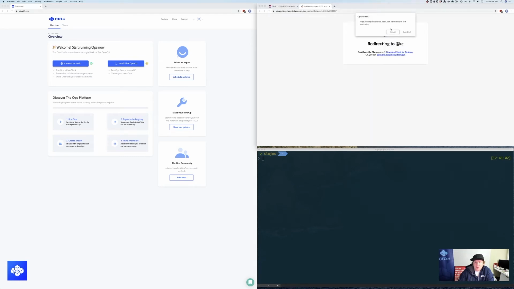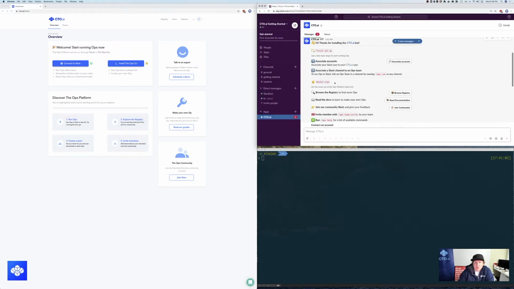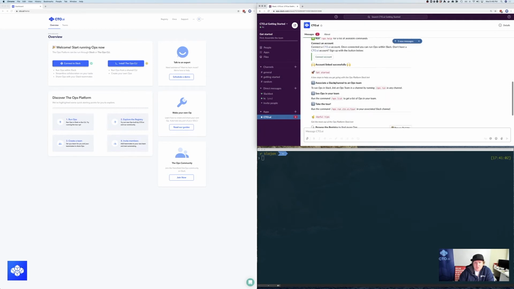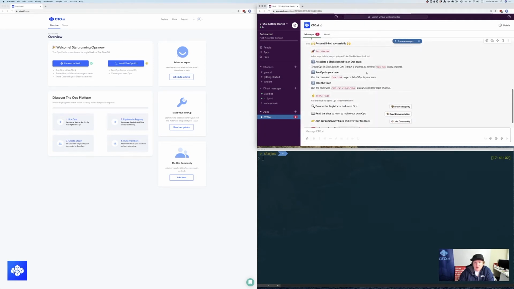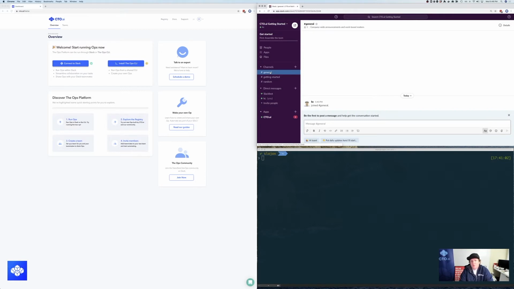So now it's going to just redirect me back to the Slack workspace, but I've already got that open, so I'll just close this. So now that the bot's been connected, you can see here it sent me the message, account linked successfully. Now I should be able to ops run in any channel. I can see ops in my team by ops list, and I can run an example op here. So what I'm going to do is I'm just going to grab this example, and I'm going to come over to the general channel. You'd obviously want to create like a DevOps channel in a shared workspace with your team,